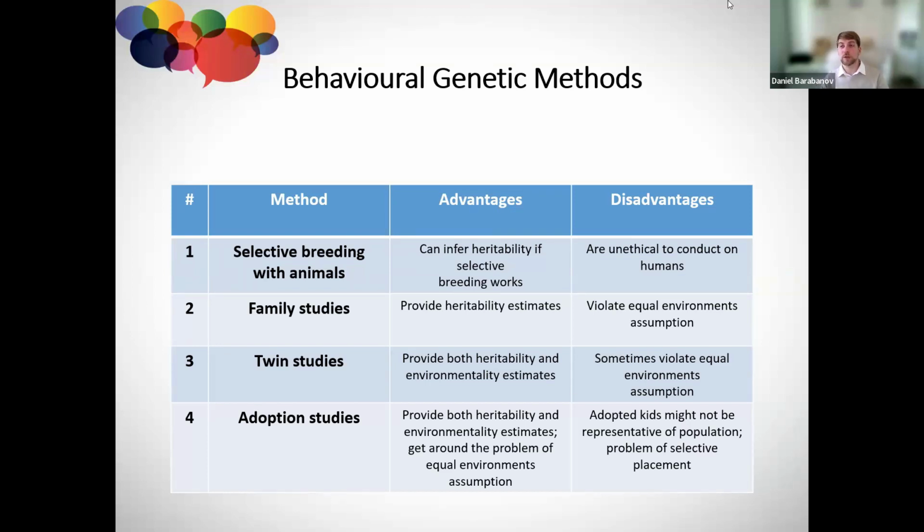But if we involve their biological parents in the research, we can also get an estimation of heritability. So if adopted children live with their new parents, but still behave the same way as their biological parents, it is probably due to genetic factors, right? So it's very clear. The problem with this type of research is that it's very hard to find participants for it.